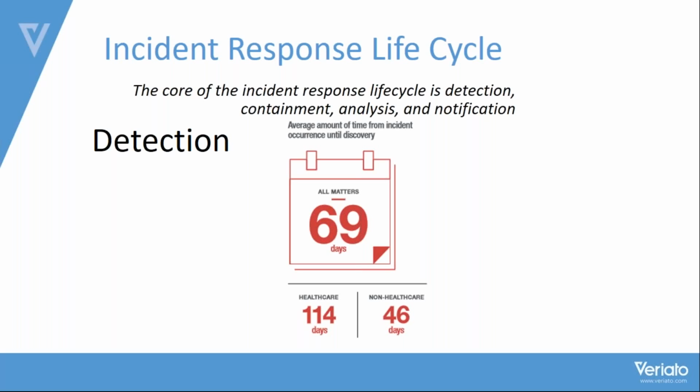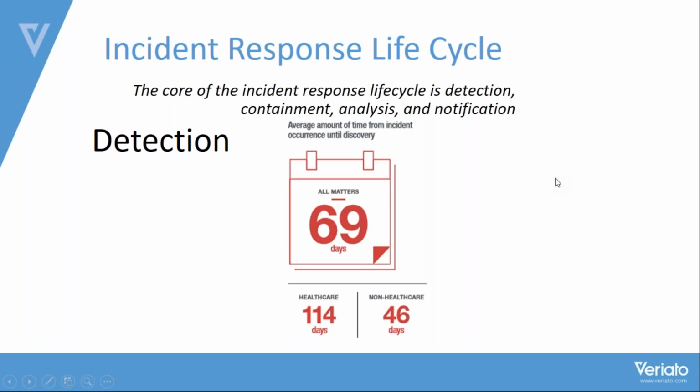Detection is where we actually find out that there's an incident that has occurred within our organization. Something is happening, and let me say this: an incident is something that has actually occurred. Okay, we can get a trigger, we can see there might be some activity, but now I'm talking about something that has actually occurred. Somebody's gotten into your enterprise and maybe taking things out. I'm talking about insider or outsider. So it says that it takes 69 days. This is the average amount of time from incident occurrence until discovery.